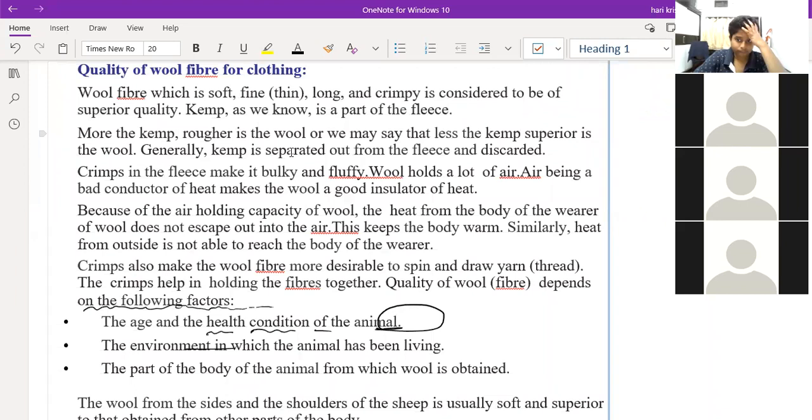Curly, curly. It makes the wool feel bulky and fluffy. And if you have a lesser number of crimps, it will make the wool less fluffy and it will not hold a lot of air. Which one will hold a lot of air? Whether fluffy or